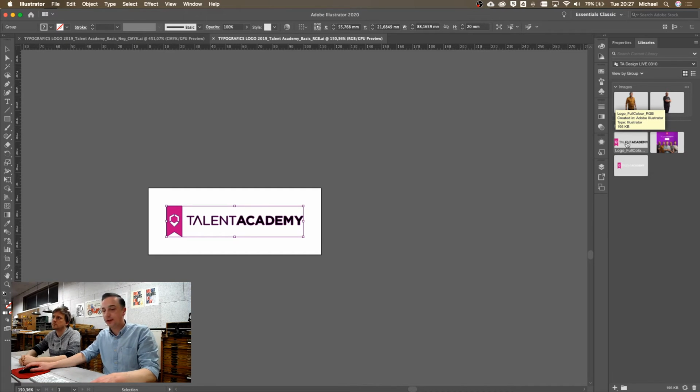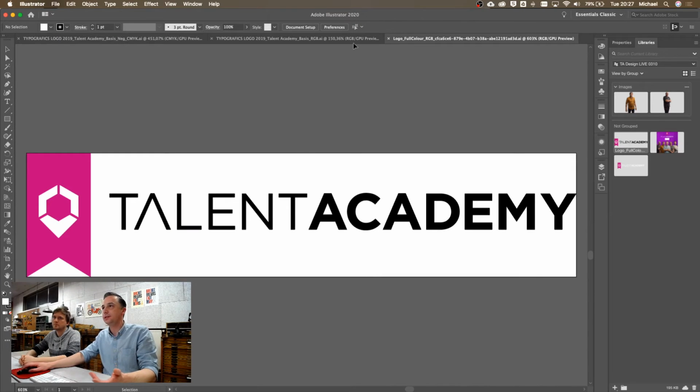If I double click on this asset, and it doesn't matter if you do this in InDesign, Photoshop, or Illustrator, it will open up that asset in its source application. As you can see, it opened like a new file in Illustrator, and it's not this file. If you look at the naming, it gets the name of your CC library asset, the way you named it, and then this really long number behind it,